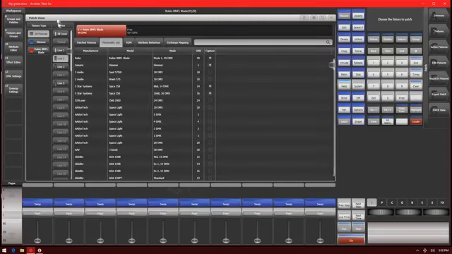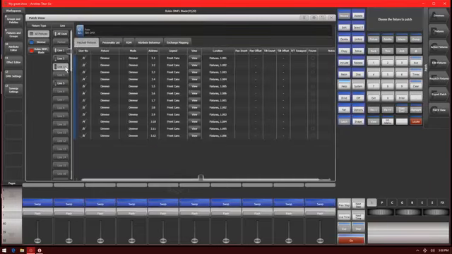If we look at our patch view here, we'll see on line 3, where I put the dimmers. Let's go to patch fixtures. Go to line 3, and we'll see that my user numbers 1 through 6 all have little lightning bolts on them. Same thing as 1 through 6 again. We've got line 3, 1 through 6, and then addresses 7 through 12. So what happened there was when I clicked on it, I patched another 6 dimmers on